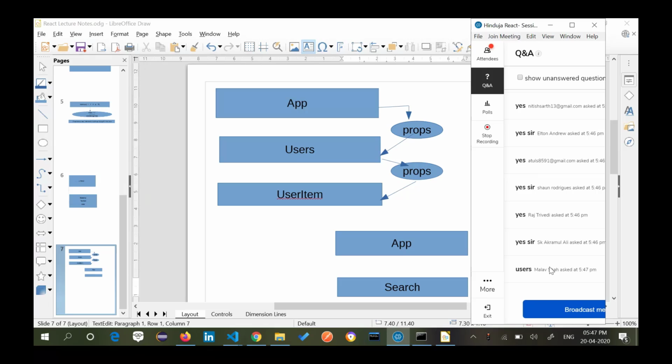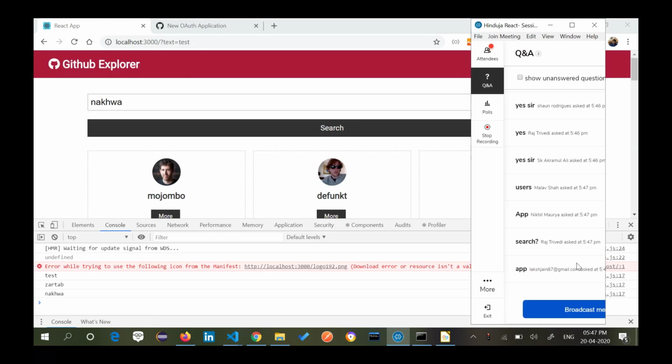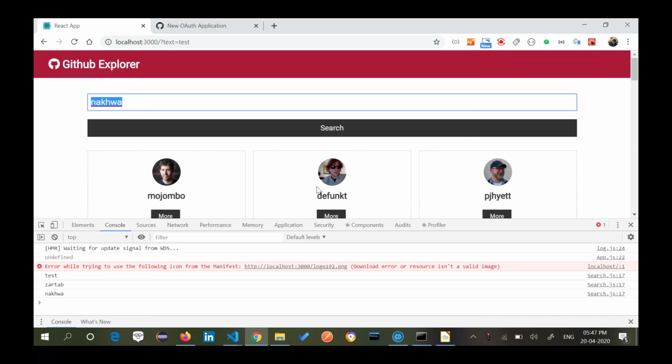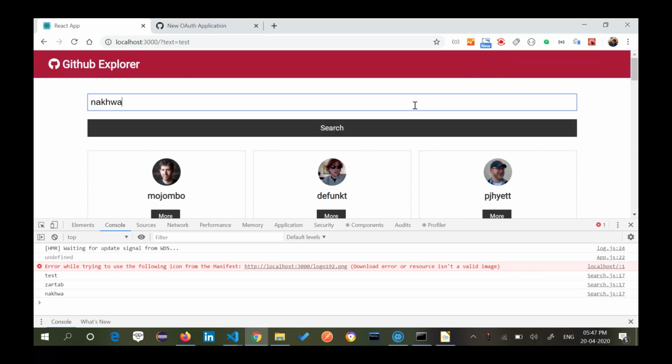Malav, users is not the component we are worried about here now. Yes, Raj, exactly, because in the search we are typing this. This whole component is a search component, and the search component has the content I want to search. Exactly right. Whatever is in the text field here is to be called.